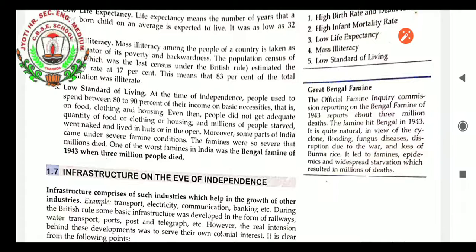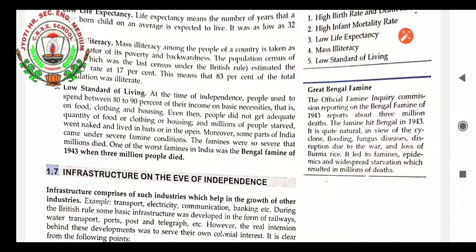Nature was also not helping the country to overcome this economic problem. So many disasters were there by nature, like famine, drought and flood. Some of the places were totally drought. For years and years they had not seen any water. They could not do any type of agriculture work over the land. So that was the situation of our country.